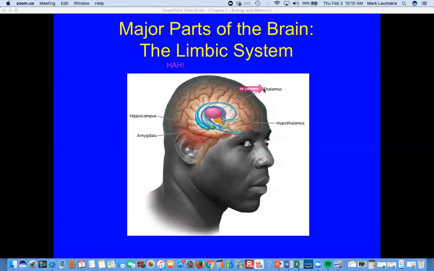So here's the thalamus, which we already talked about. It's not actually pink, but they're giving you some colors here to help you. Here's the hypothalamus. The hypothalamus sits under the thalamus. That's why it's called the hypothalamus. So this is the first H in HA for the limbic system. And the hypothalamus is involved in tons of regulated behaviors.